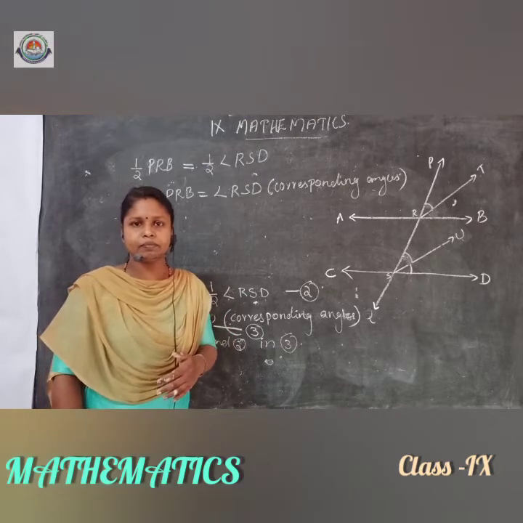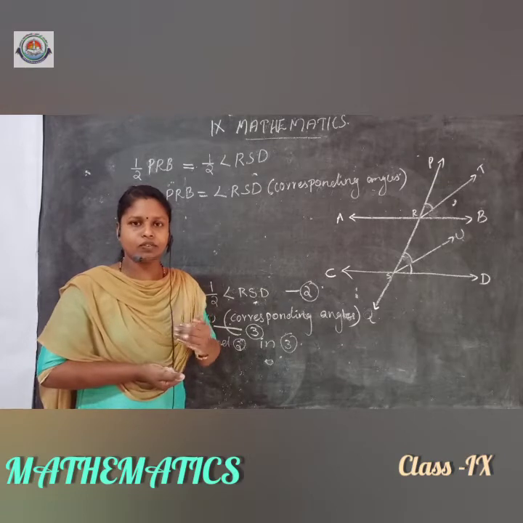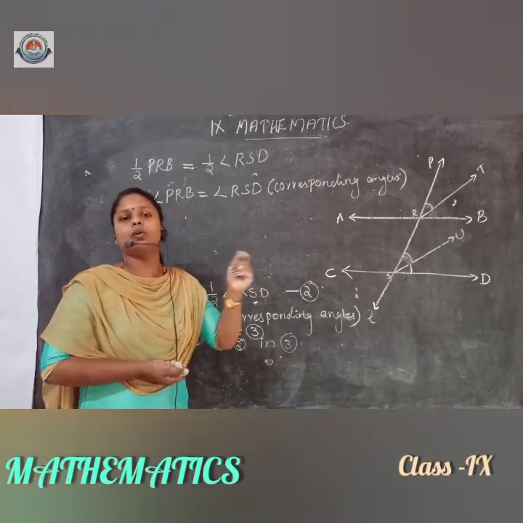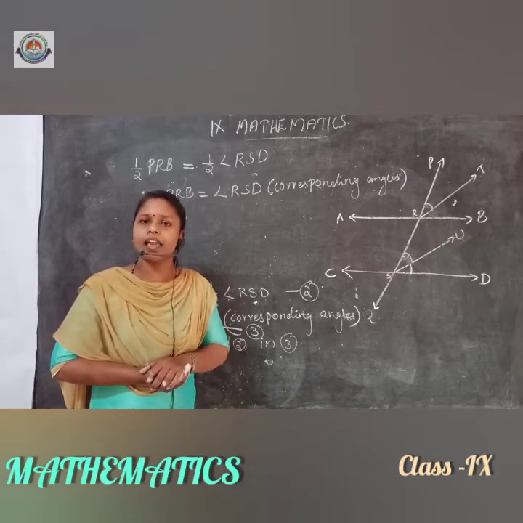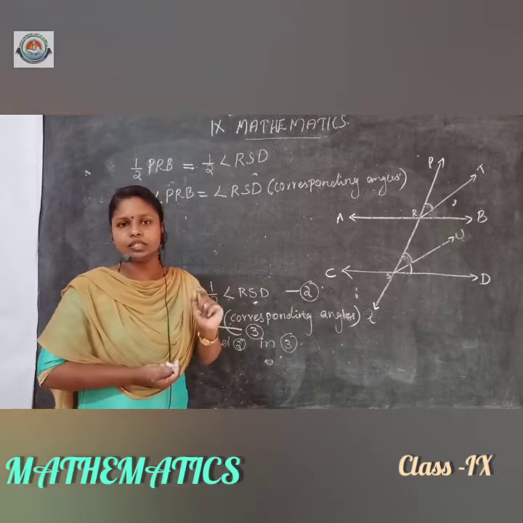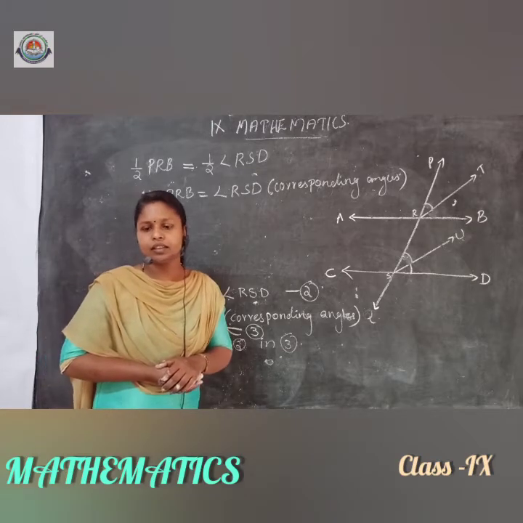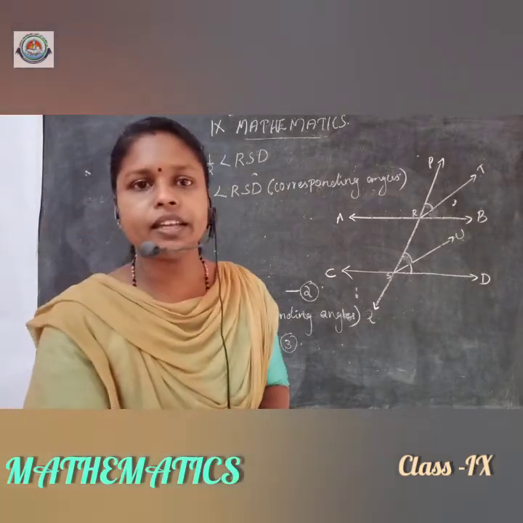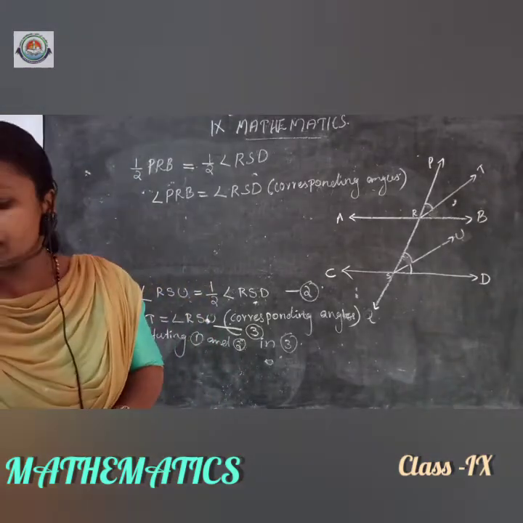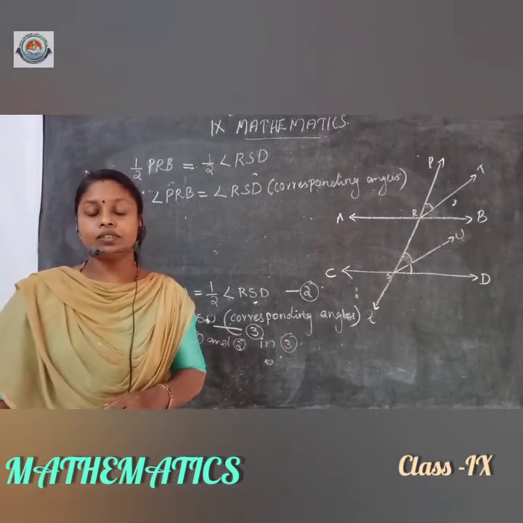Is that clear? So to prove that two lines are parallel, first we proved that the corresponding angles are equal. We applied the corresponding angles axiom. I think it is clear. You have to write this question and answer in your notebook. Then next question. We can discuss one question from the exercise part, that is from exercise 6.2. We can discuss the first question.